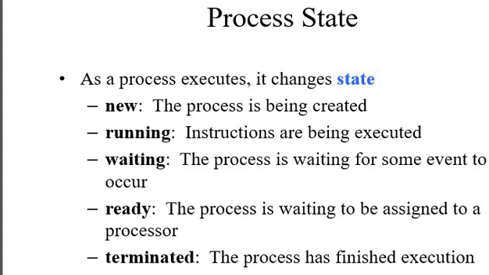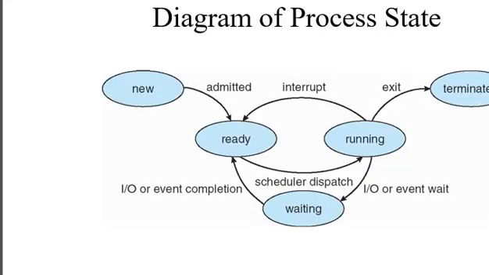So as a process executes, it changes its states: new, running, waiting, abort, and terminated. So in this area, we have the diagrams of process states. Once it is a new process, it will enter the new state. And if it is ready for execution, it enters the ready state,